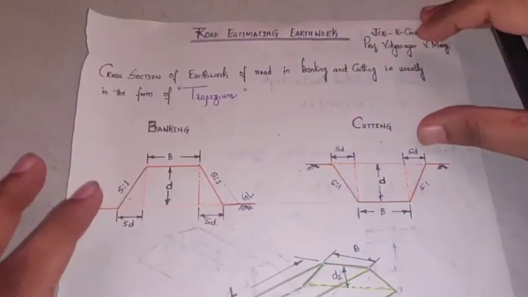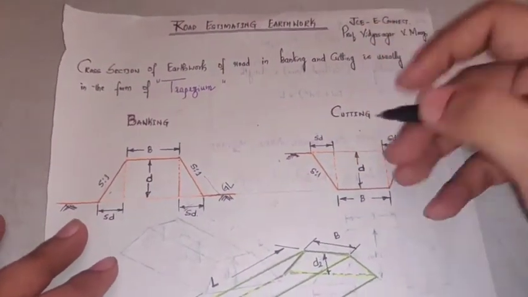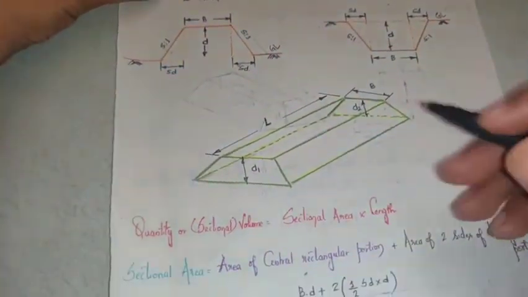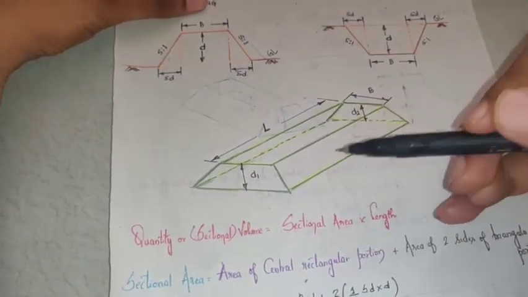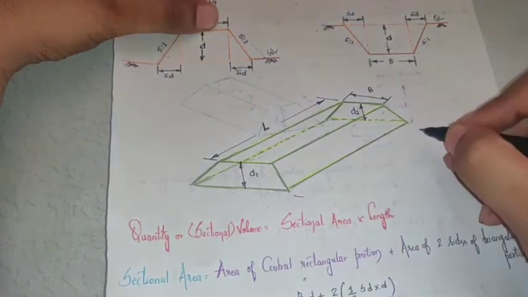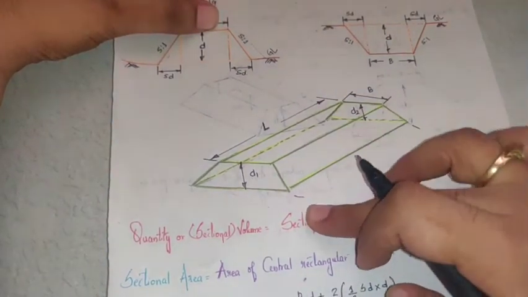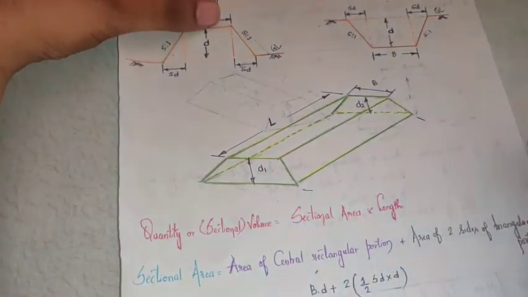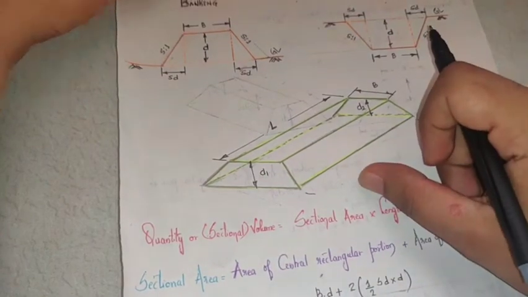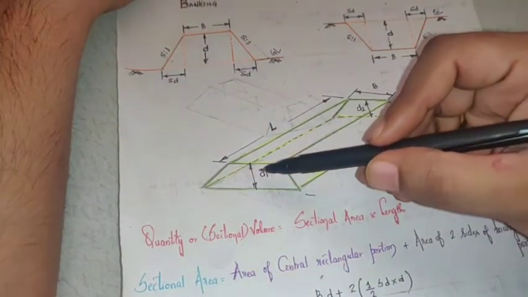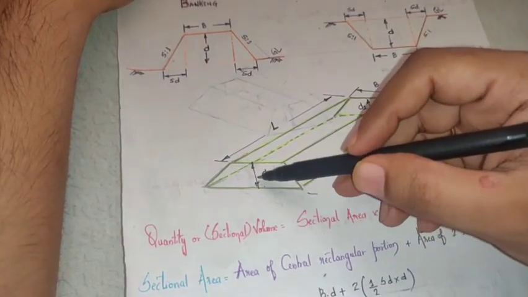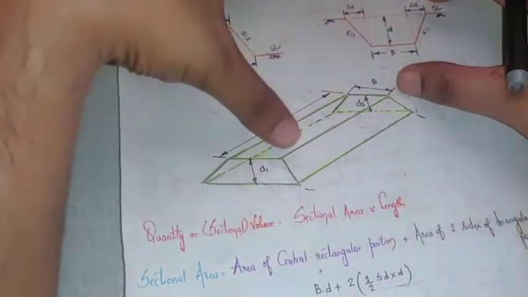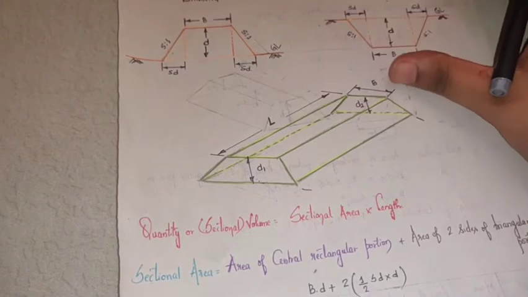This refers to the cross section in banking, and the same refers to the cross section in cutting. This is with respect to ground level here. Now how does that look? This three-dimensional figure I have shown here refers to one particular set of chainage points, that is from zero chainage to the next chainage. So this is what I have taken: depth at one point to depth at the other point. This complete is one chainage section. At the first point this is given as D1, at the second point this is given as D2, and the length between them is denoted as L. This is how the filling or cutting looks.